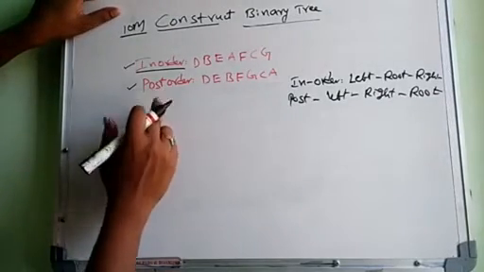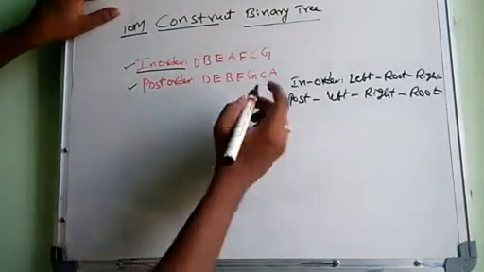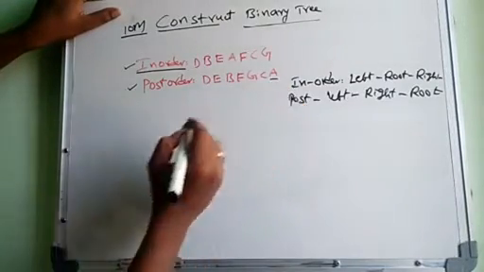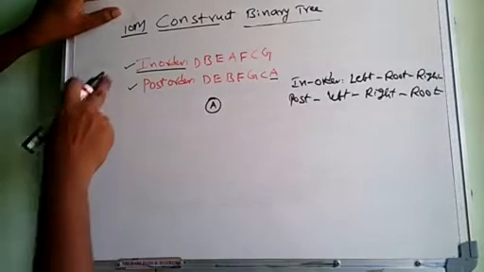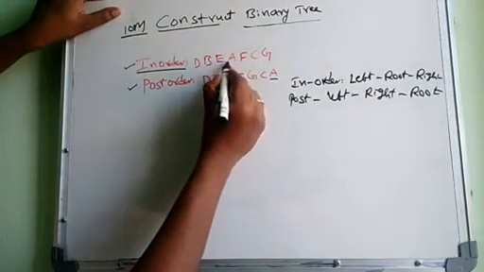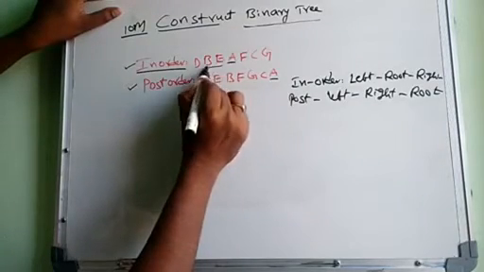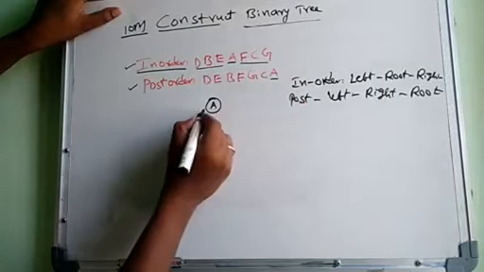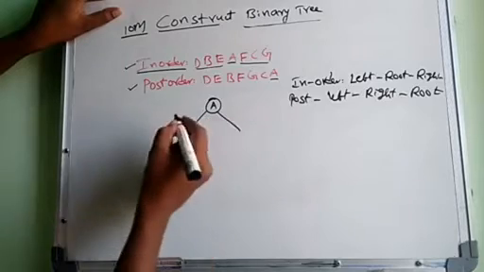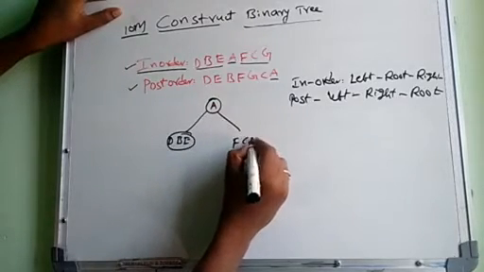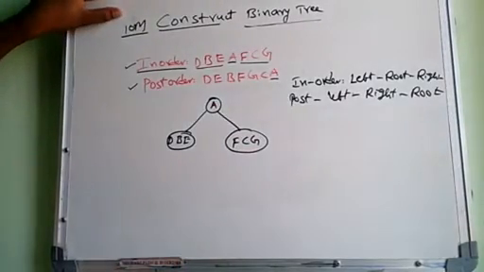In the post-order traversal, we search for the root element from right to left. The first rightmost element is A. Then to find the children of A, go for in-order. First find A, because A is already visited. Then who are the left combinations of A, and who are the right combinations of A? Write as it is. D, B, E is the left of A, and F, C, G is the right of A. Is it clear up to this? I hope you understood.